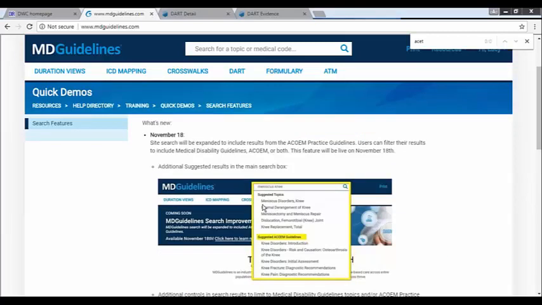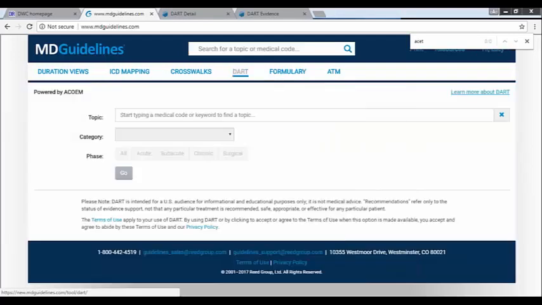So other improvements that I want to talk about that will be coming soon, so they will be released before the end of the year, have to do with the DART tool. So in DART, right now, when we were looking at carpal tunnel syndrome, there aren't any links back to the full text of the guidelines. So we're bringing that text into DART, but we're not giving you a link back into the full text. And with this next update that we do in December, we will actually be providing those types of links that go back and forth.